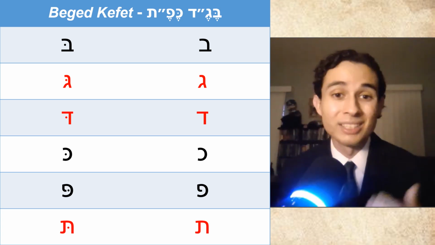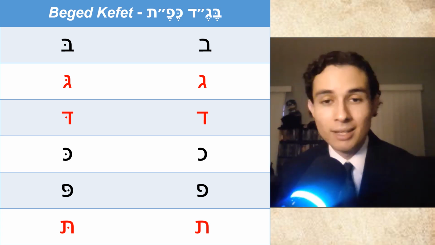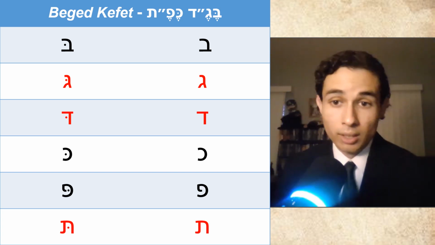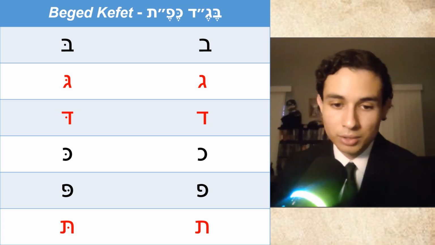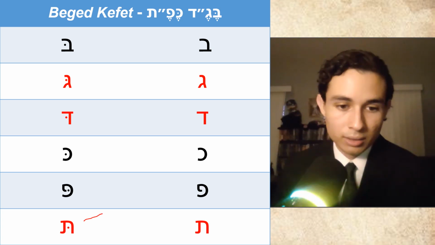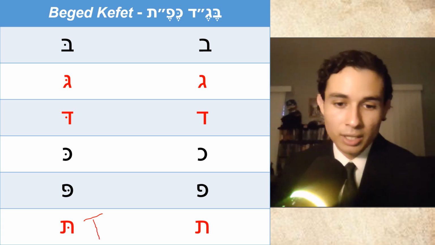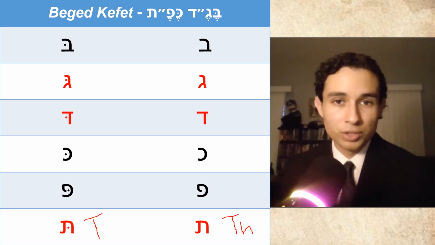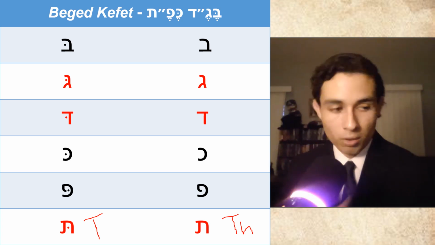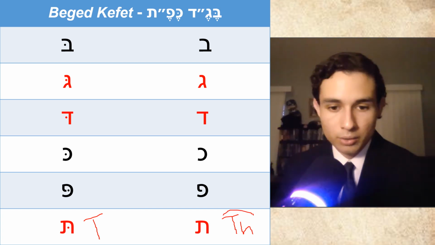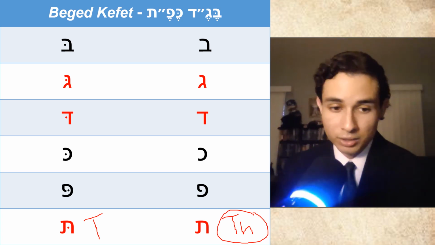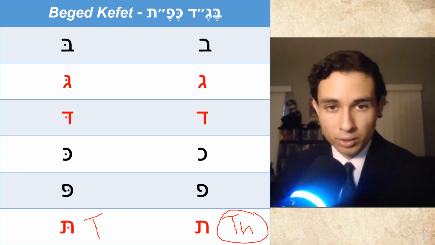However, there are indeed some communities, which are in the minority, that have attempted to retain these differences. For example, there are some people that pronounce the soft tav, as you see here. They would say the tav with a dagesh is a t, and the tav without a dagesh is a th. But again, that is more just a minority. In all the transliterations that I've studied, I can't say I ever recall this being a go-to. Same would go for the dalet or the gimel. It's just at this point lost and treated as their regular sounds.